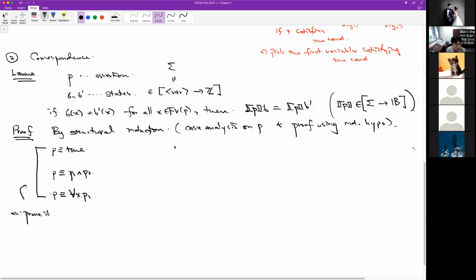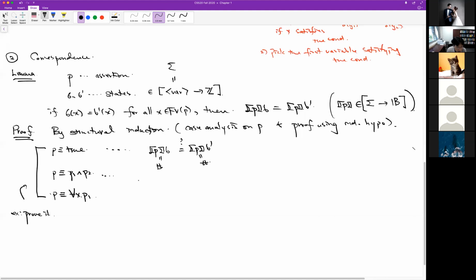Okay, so let me show how to do this. In the first case, what we have to show is that P under sigma is the same as P under sigma prime. The left-hand side is equal to true, because P is equal to true, and the right-hand side is equal to true, so that's why this is the case. And then for the second case, what we have to argue